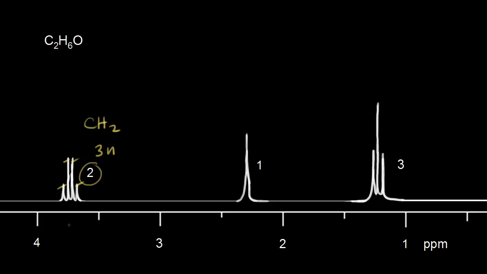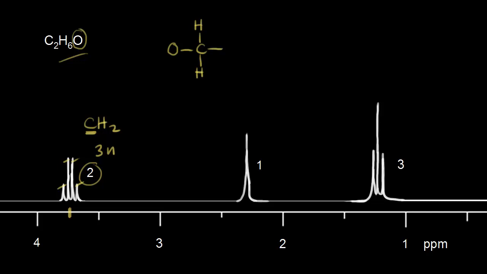What about the chemical shift for this signal? The chemical shift is getting close to 4 parts per million. And in that range, that makes us think about those protons being bonded to a carbon that's bonded to an electronegative atom. And if we look at our molecular formula, the only electronegative atom we see on here is oxygen. So that oxygen must be bonded to this carbon. So let's go ahead and draw that. So that oxygen is bonded to that carbon, and that carbon is bonded to 2 hydrogens. So that's what we have so far.